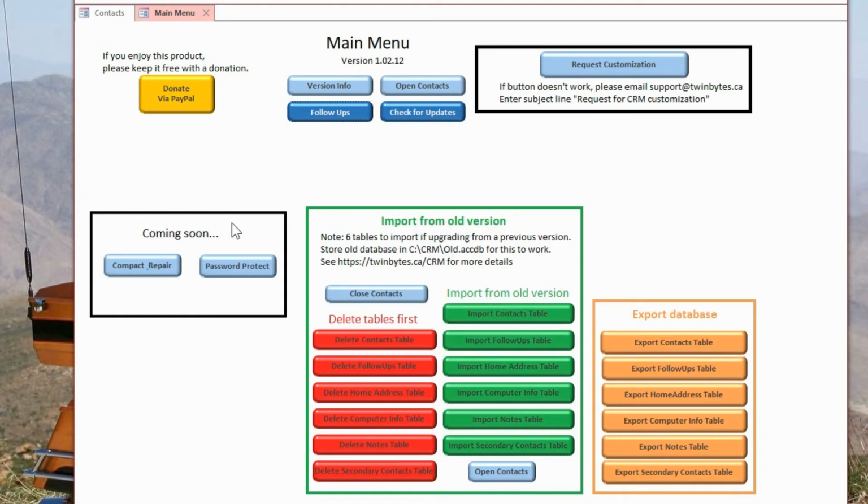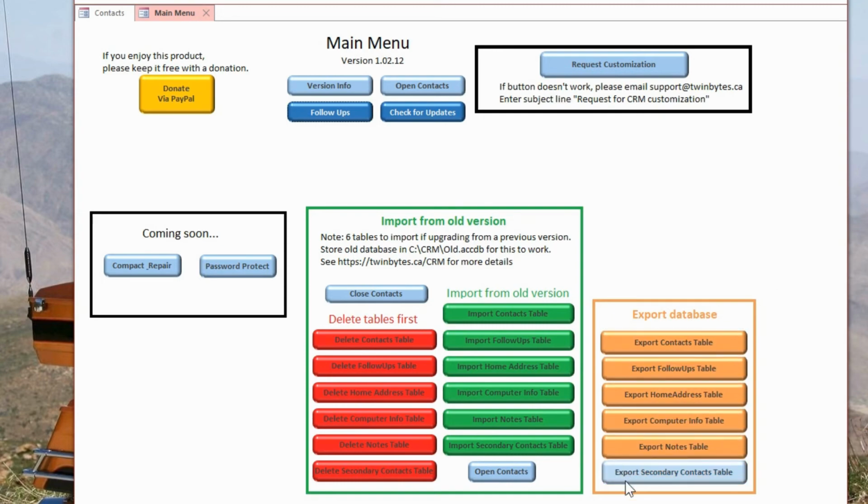I've got a coming soon section here to let you know things that I want to do that I haven't got to yet, but I'll have that available for you. This is something that you're going to want to have sooner than later, but at the making of this video, I haven't created that ability for you yet, because I locked this program down, so there's no way that you can access the back end and look at things and make changes to it. It's also to protect yourself as well, but also hiding the code for all the hard work that I did. Okay, so there is an export database feature.